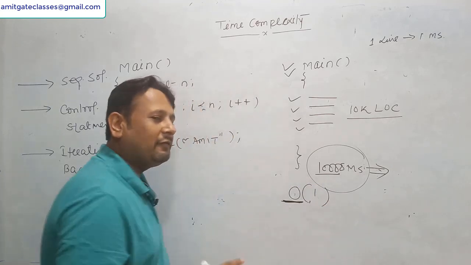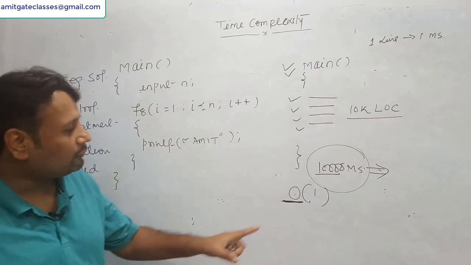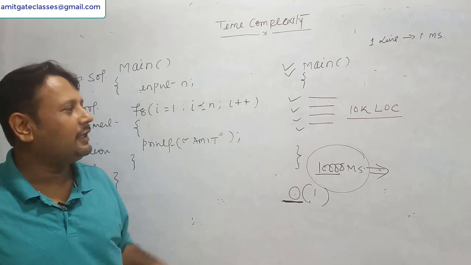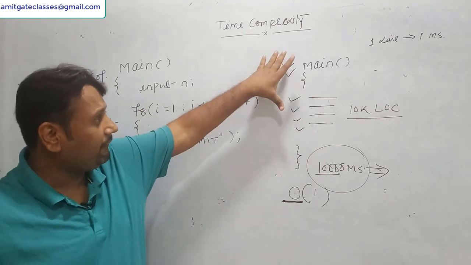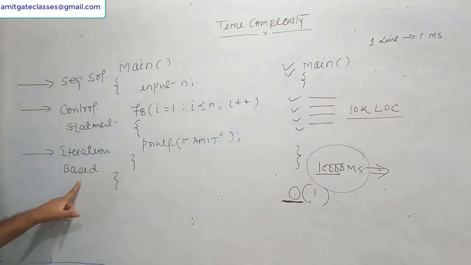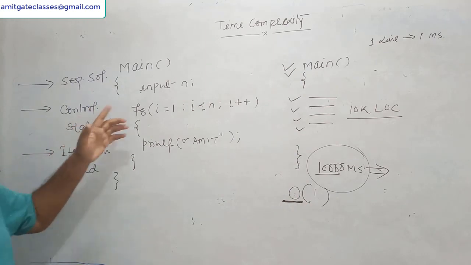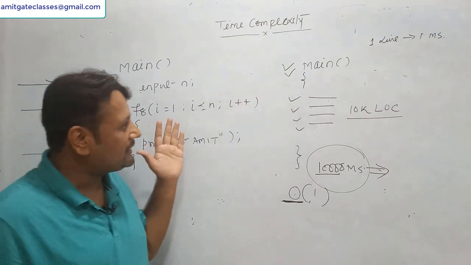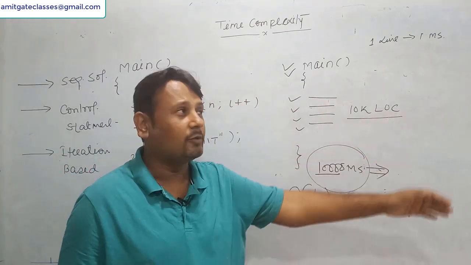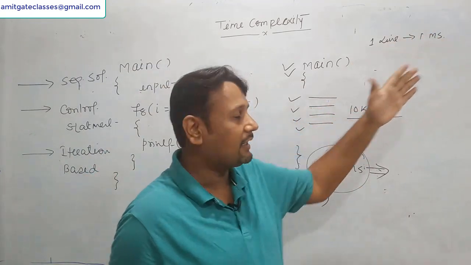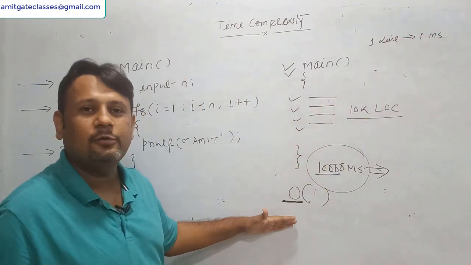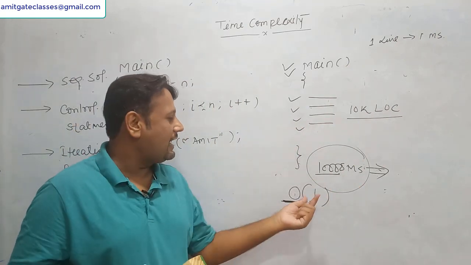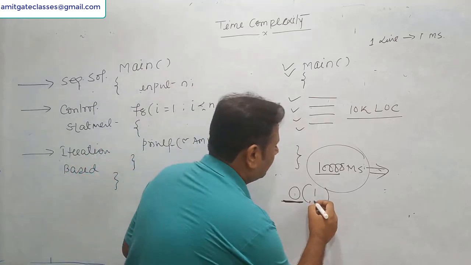What is this big O? We'll see in the next lecture. That means how to represent complexity. If I'm asking how much time this program is going to take, you need to simply see the program. If no loop is there and no control statements are there, that means this is a sequential solution. Every line is independent of each other, so every line of this program is going to be executed. Since one line takes 1 millisecond and 10,000 lines are there, it is always going to take 10,000 milliseconds, and this execution time is constant.